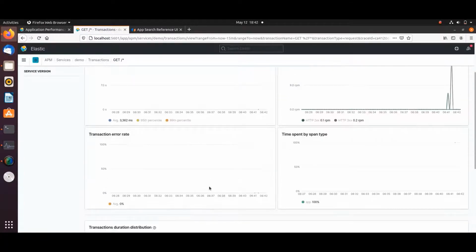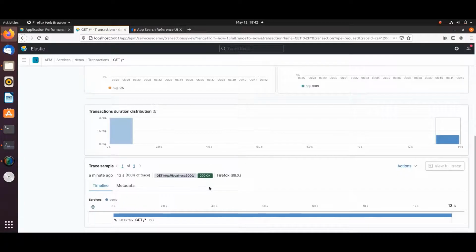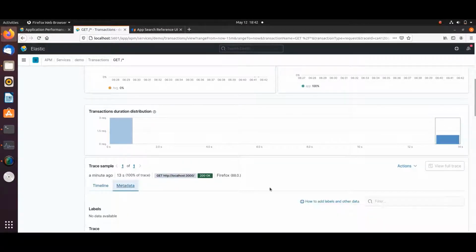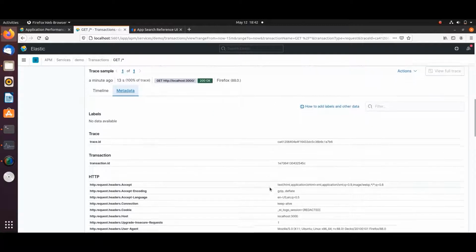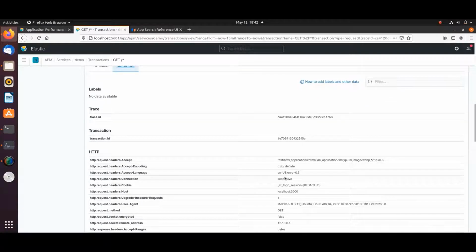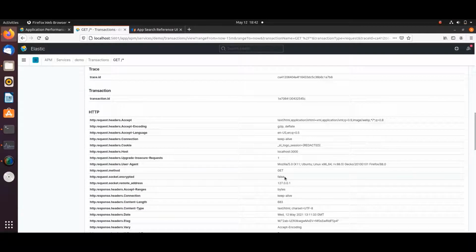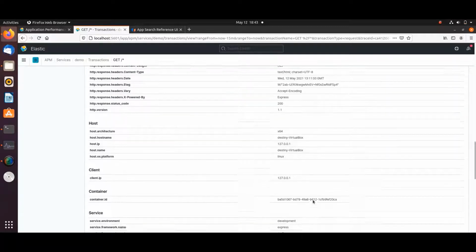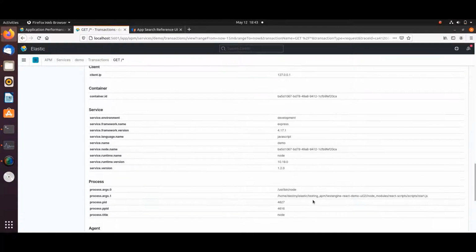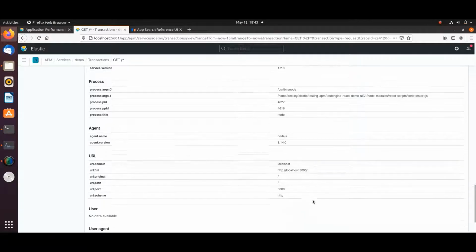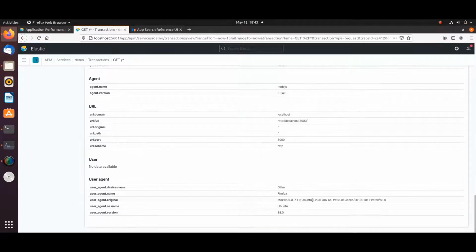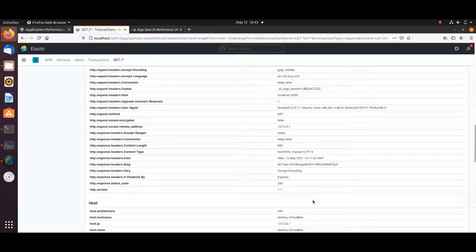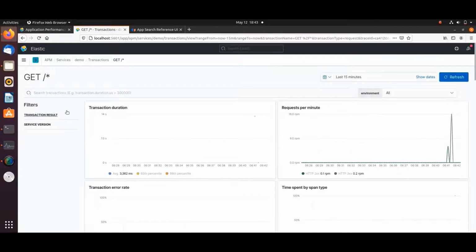Let's go to the transaction distribution, where we will get some metadata on the HTTP requests, headers, etc. If we have big applications which connect to different ESBs and databases and more agents, we will get a good holistic view of how things are connected. Since this is a very plain application, we just have a few GET details.